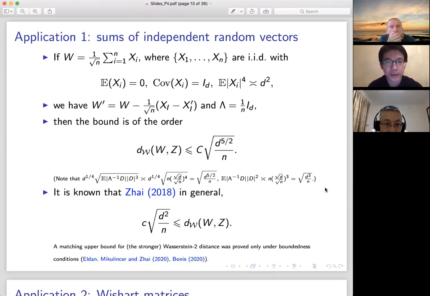So we apply it first to sums of independent random vectors. Here W is assumed to be, again, a standardized sum of IID random vectors. We assume each xi has mean zero, covariance matrix equal to identity, and the fourth moment of the Euclidean norm is of order d squared. So the reason I consider this situation is because